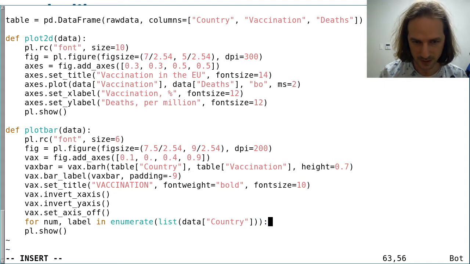We enumerate this list, so we get a number and a label, and we can use the annotate function